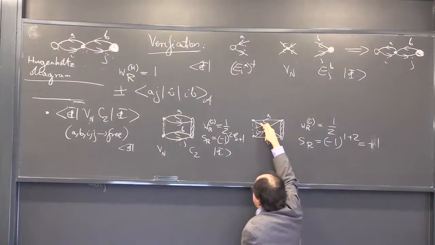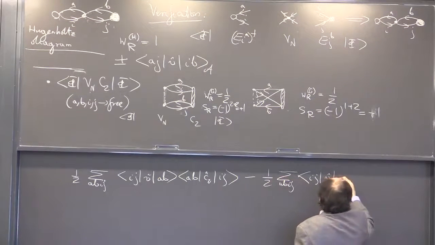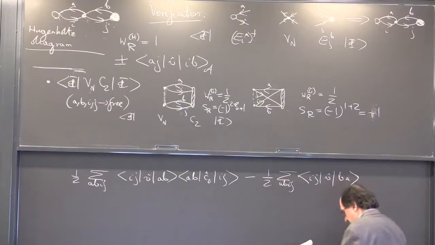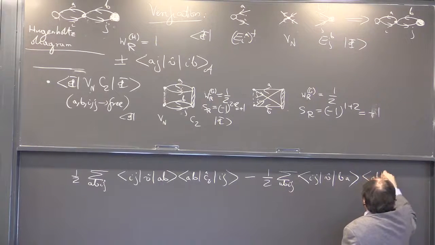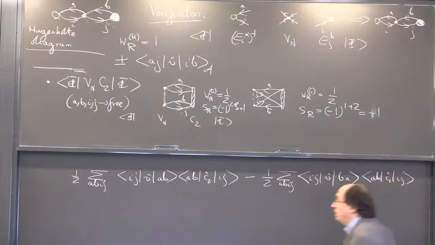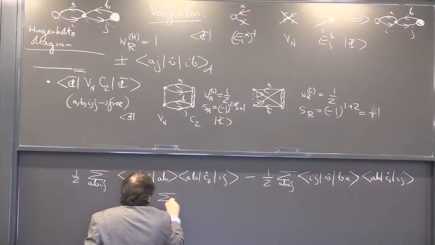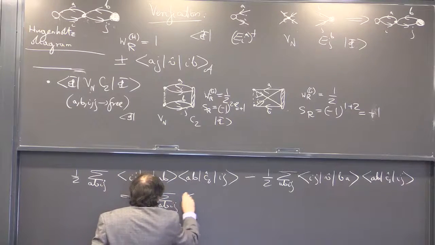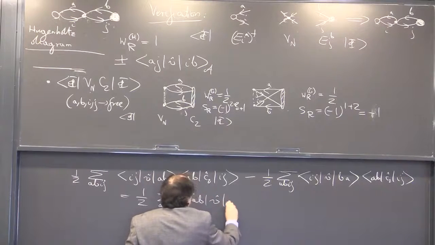So you have I, J, then you have B, A. Those are the lines that go into I, J in this particular order. Okay, and then for the C2, we have A, B, C2, I, J. Okay, you can of course recombine these two and obtain 1/2 sum over A, B, I, J, A, B, V,